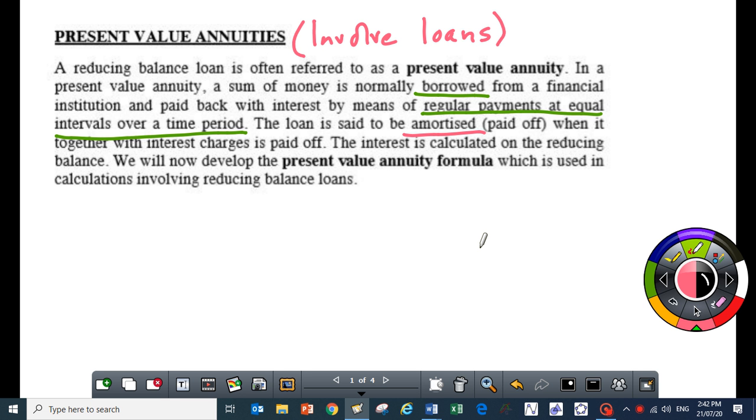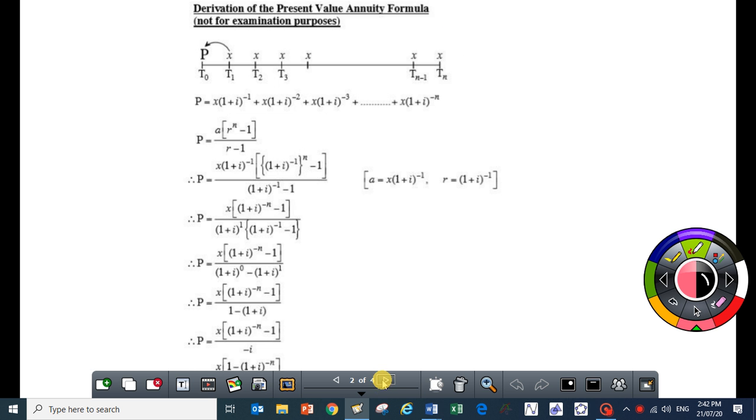Loans, that is borrowing. Okay, now the formula. We derived the formula for future value annuities. The one for present value is not examinable, but it also comes from our knowledge of sequences and series. Okay, but the other thing as well is that I'm sure you are aware from the compound interest formula that